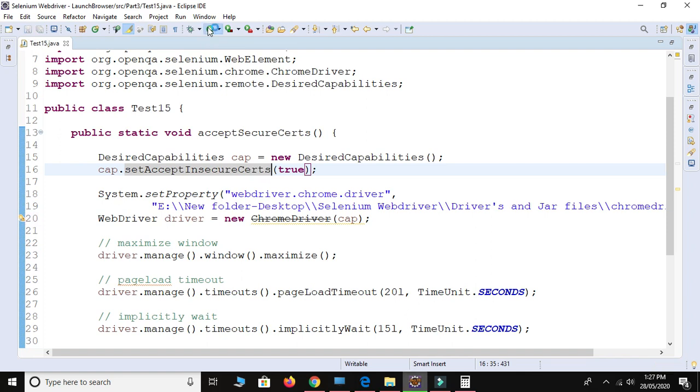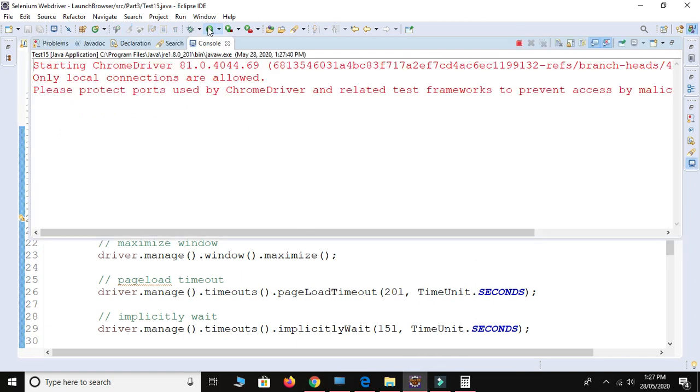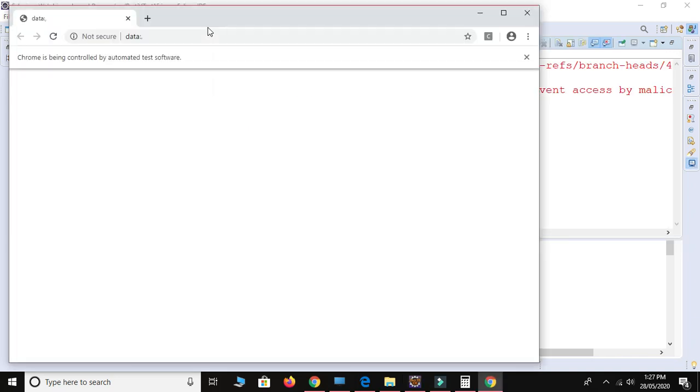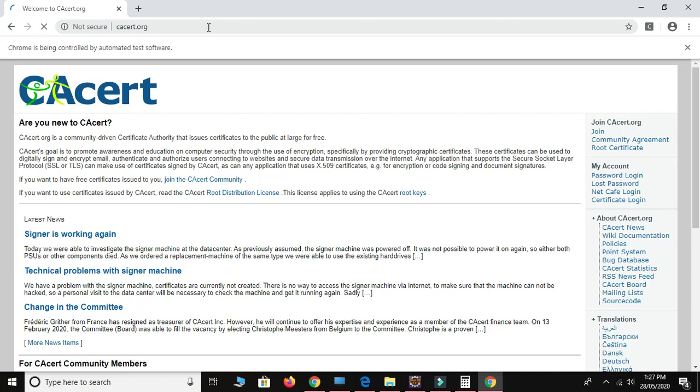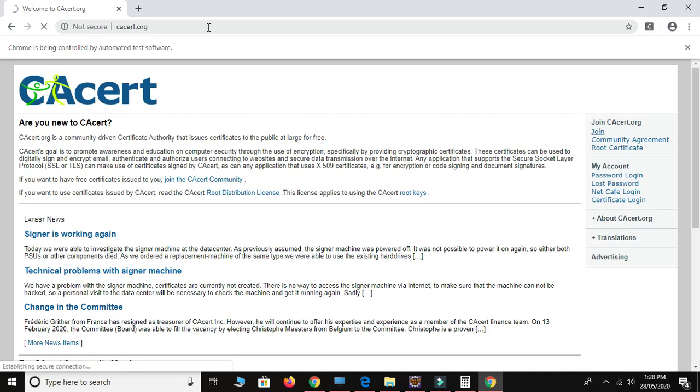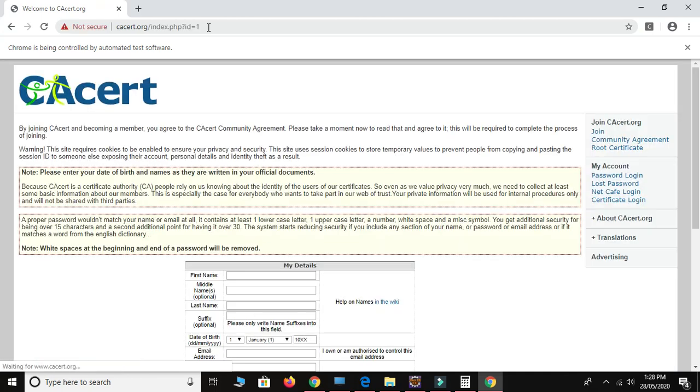And run your script. So this time it will click on the join button and the actual web page should be launched. So this is the expectation. Let's wait for the actual output. Okay, it clicked on the join and this is the original web page.